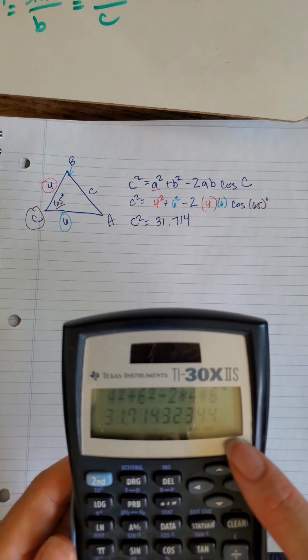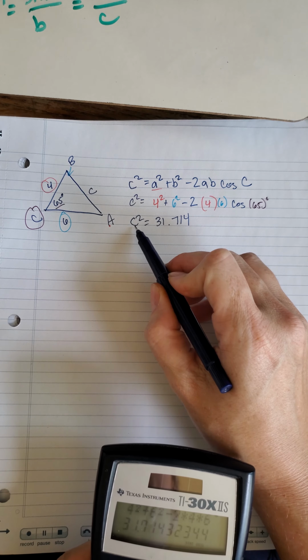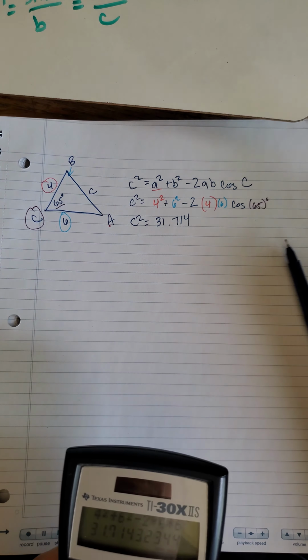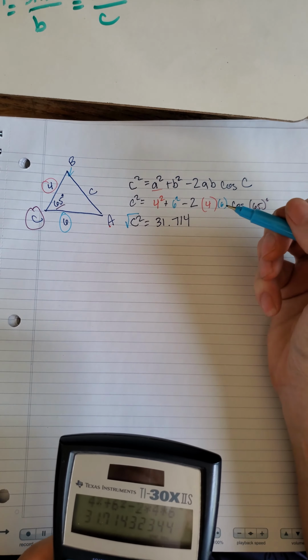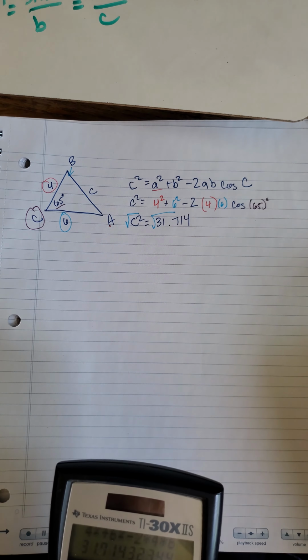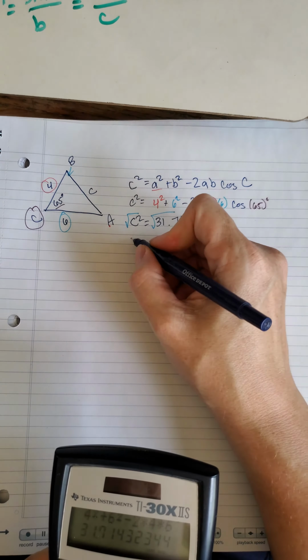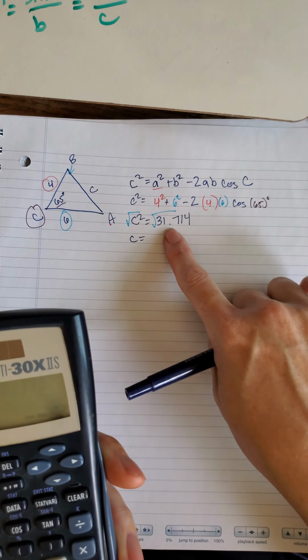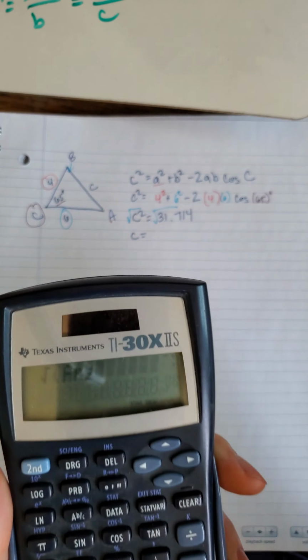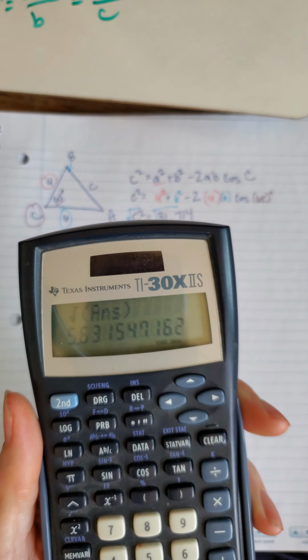Now I want to square root this because I have C squared. So we're going to square root this side, square root this side. That will leave me with C equals something. In my calculator, it's nice to go ahead and just leave that number in there and just take the square root of that answer. So I'm going to hit second square root of the answer. Now, if I didn't know to do that, I would just type this in that I had already written down. But it's good to have an exact answer. So we get